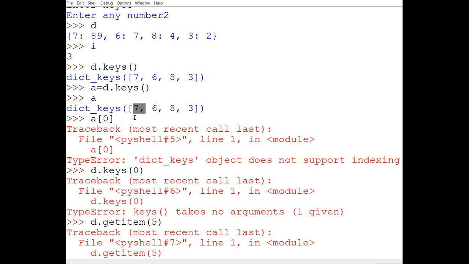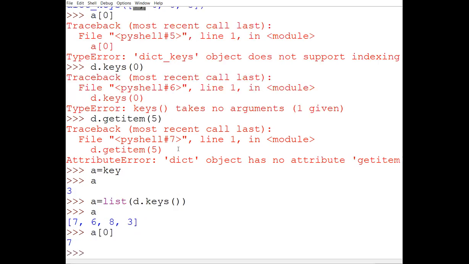And we know that internally it was given in the form of a list only. So we have converted these keys into a list. Once converted into a list, we can use indexes from 0 till n minus 1. So this is the logic I am applying. So A will have all the keys again, but in the form of a list.